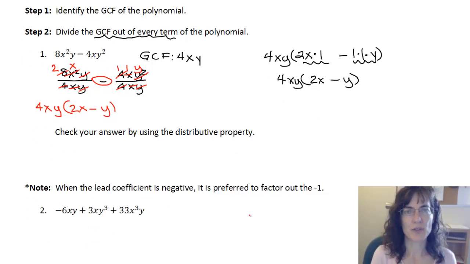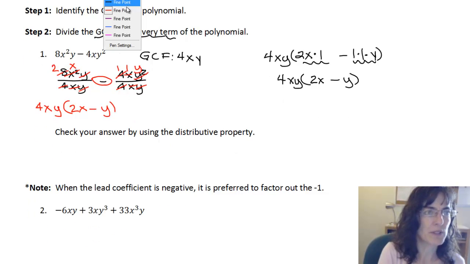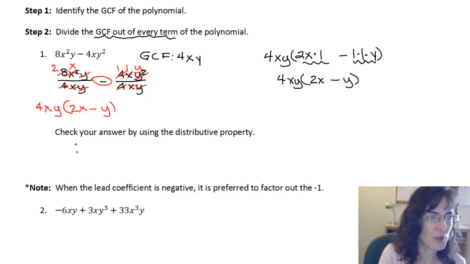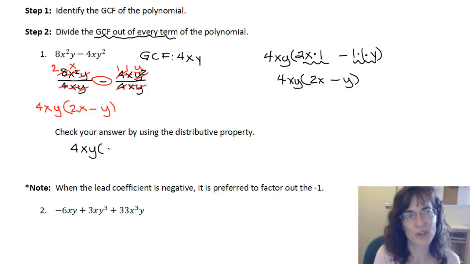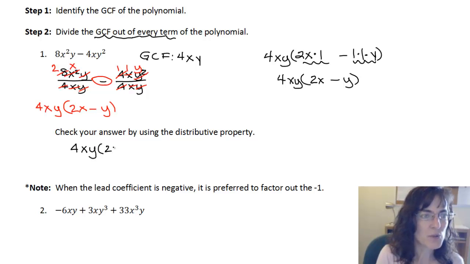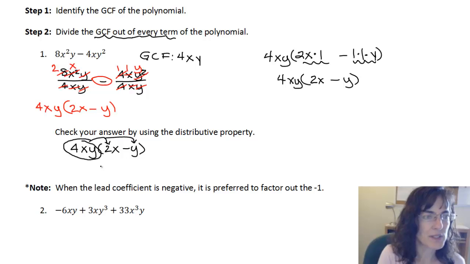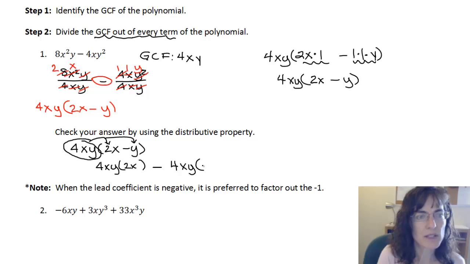Check your answer using the distributive property. Let's try that because we want to make sure that we know how to check ourselves, so if we're stuck we can see if we're right or not. So I have 4xy times 2x minus y, and I'm going to take that whole 4xy and distribute it inside the parentheses. So it's going to be 4xy times 2x, and then minus, for that minus in between, 4xy times